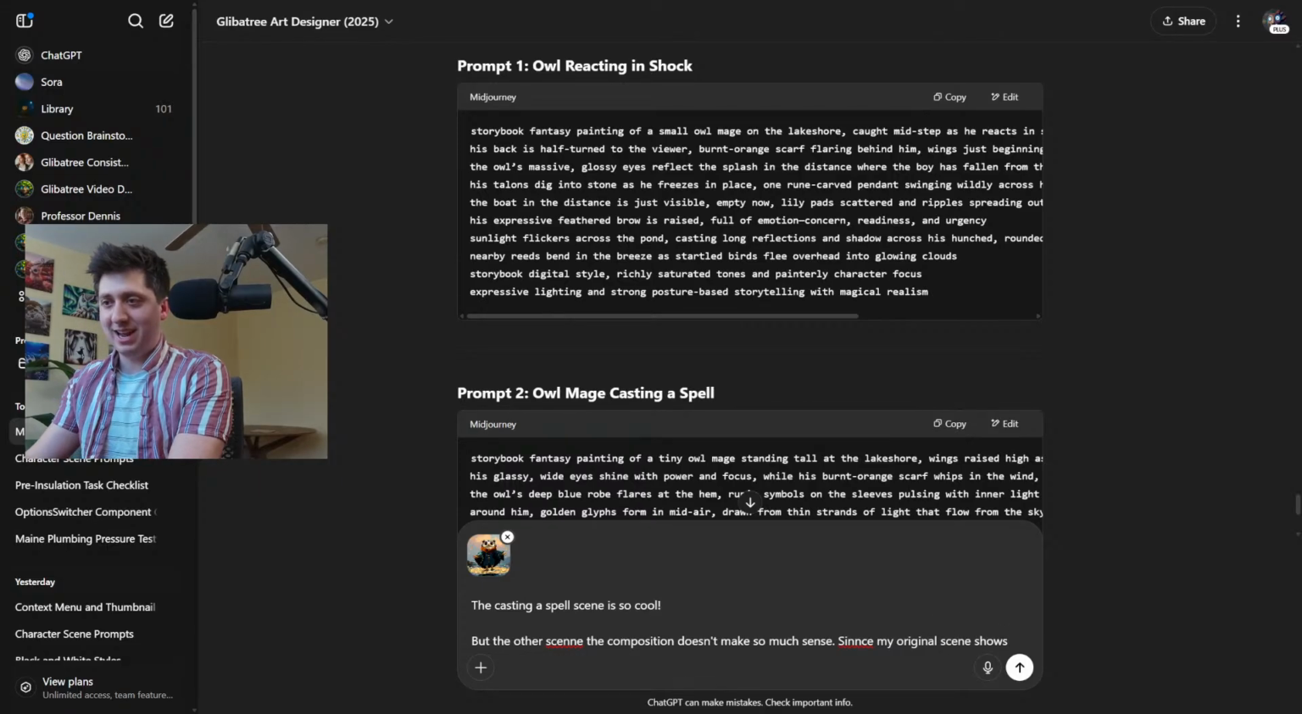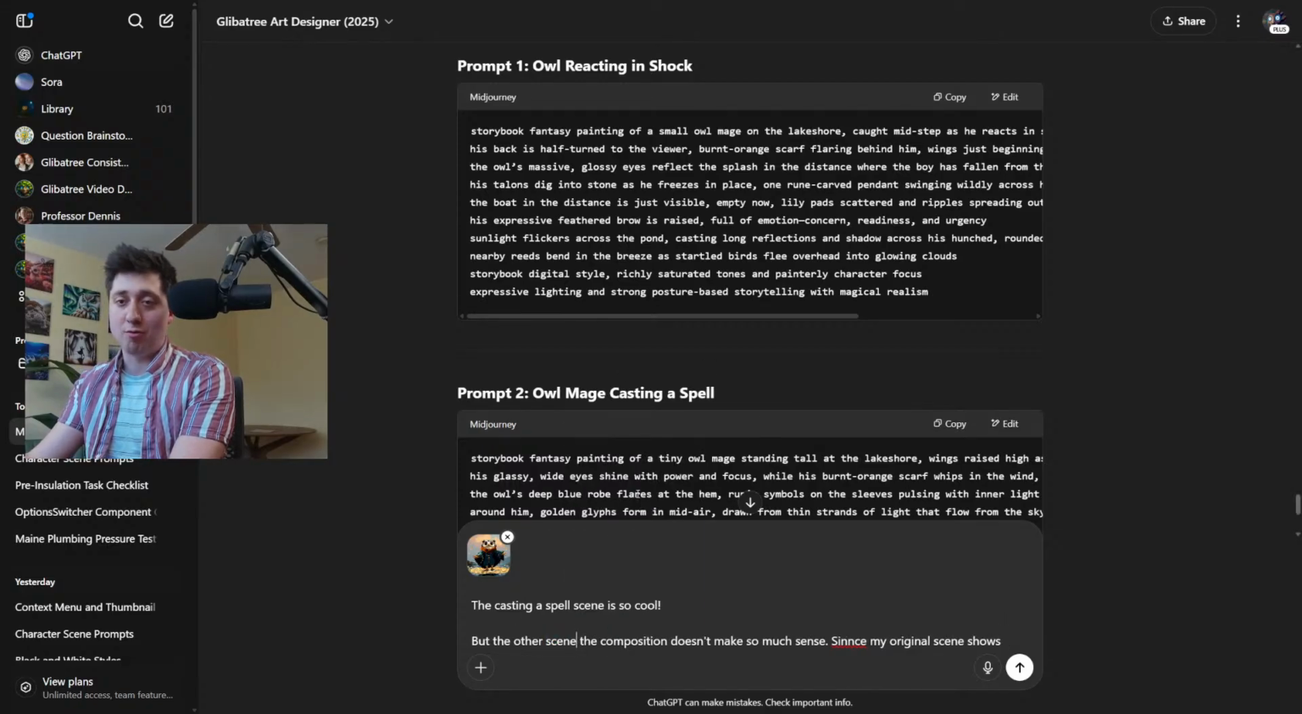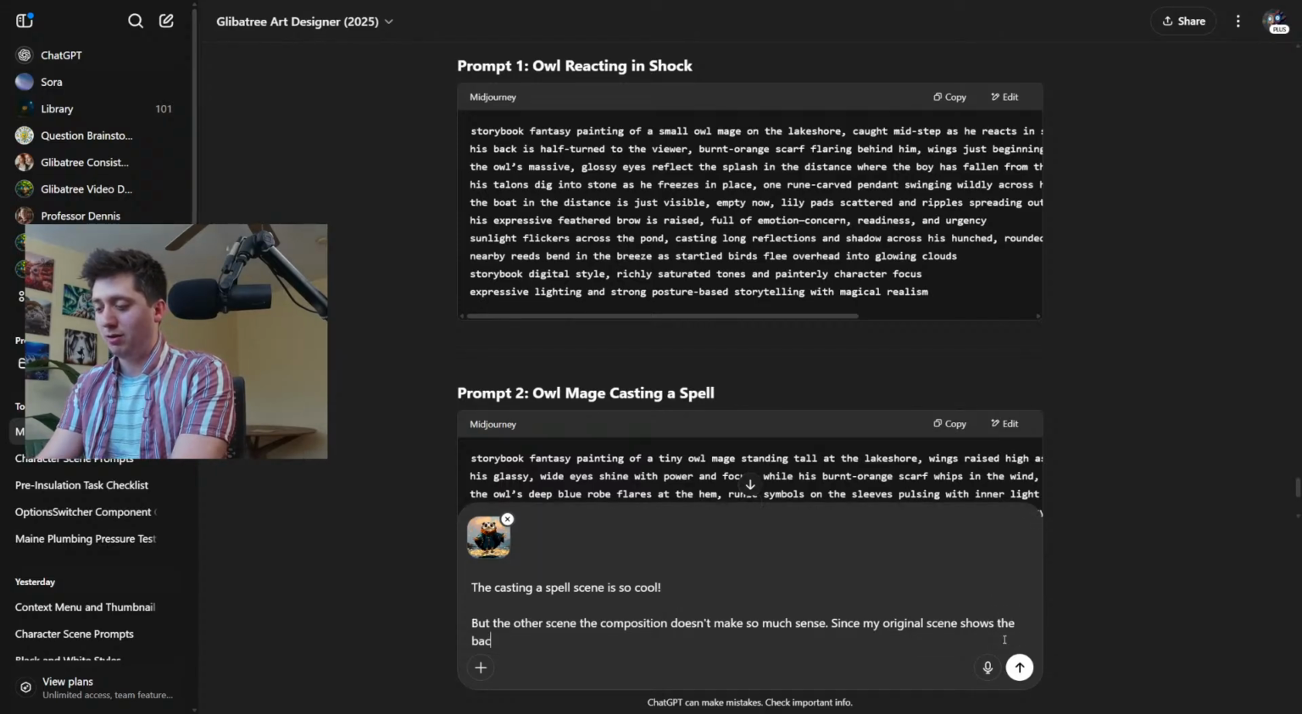So I'm basically explaining the situation that I'm in to ChatGPT so that it can write me a better prompt to make the composition make more sense. I'm saying the casting a spell scene is so cool, but the other scene, the composition, doesn't make so much sense. Since my original scene shows the back of the owl as he looks out at the pond,